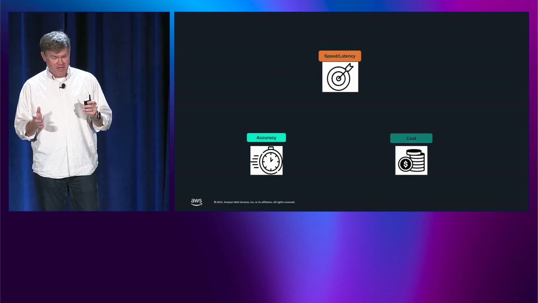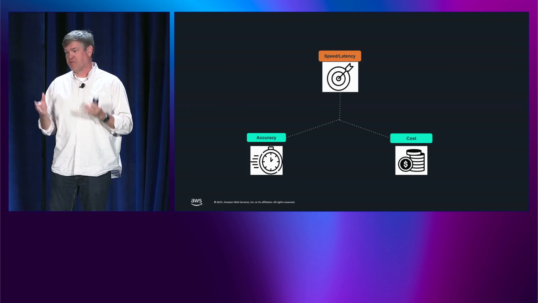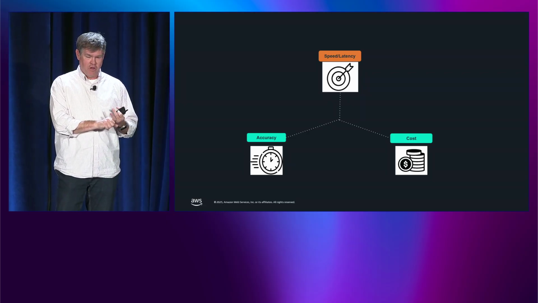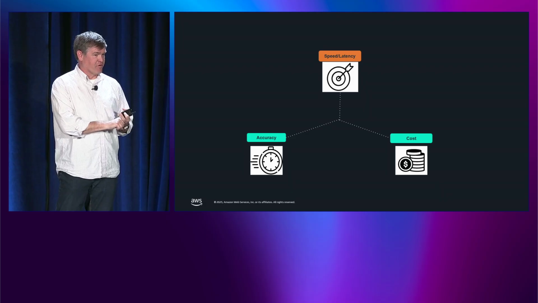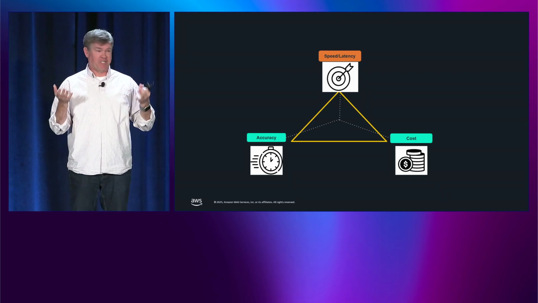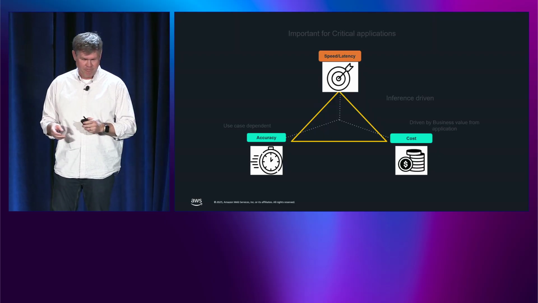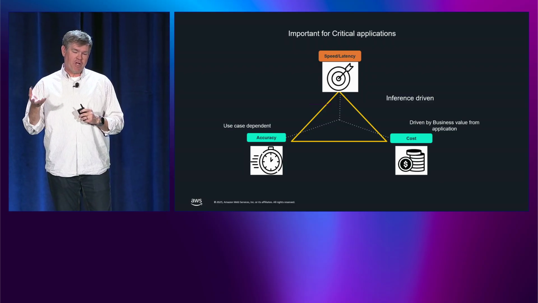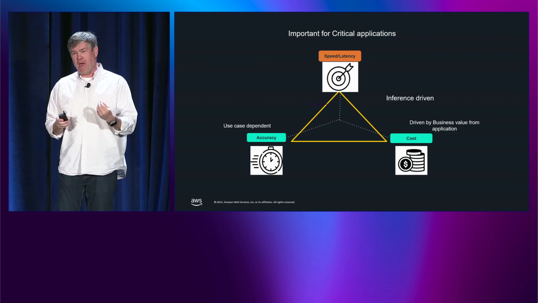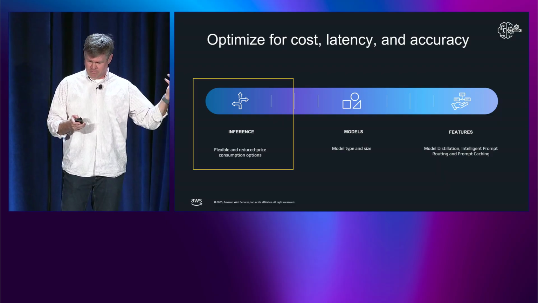All right, so if we think about every production workload, you have to balance across three axes. There is the accuracy of the model, the speed and latency of the inference that you need, and then also the cost. And these are the three main components that factor into every large language model inferencing workload that you run. The criticality of these applications is use case dependent. And so for some workloads, you are trying to find the smartest answer